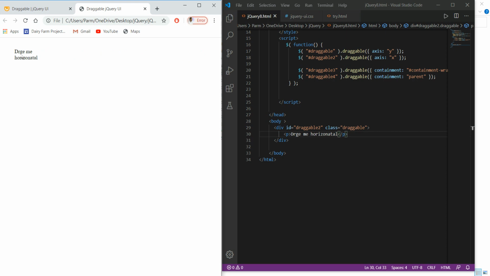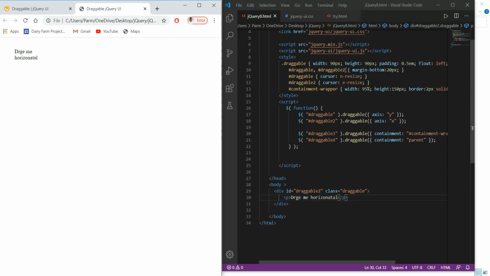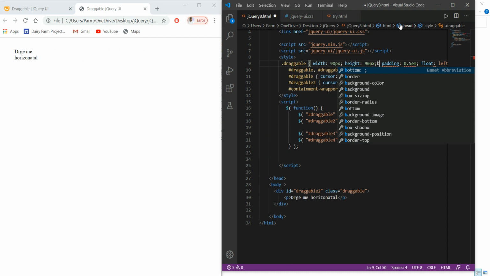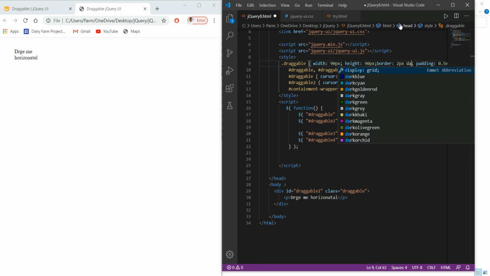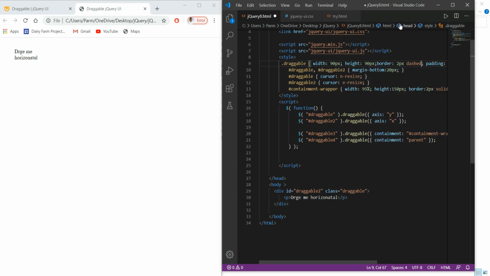I won't be able to see its border, so I will add another line there as border, and set the border size to 2 pixels, and the border type, I'm taking it as dashed, and I'm setting its color as gray. Save it, refresh. It's fantastic.